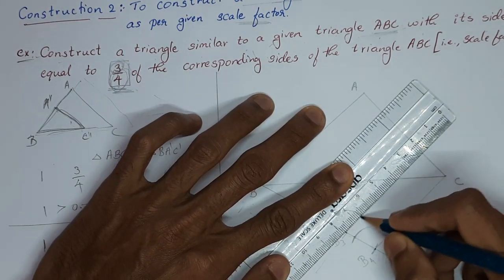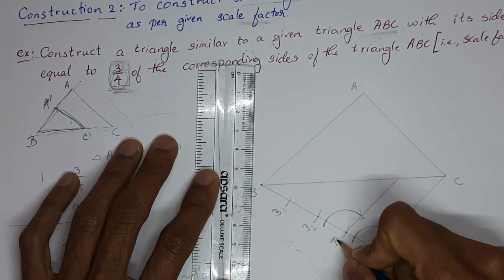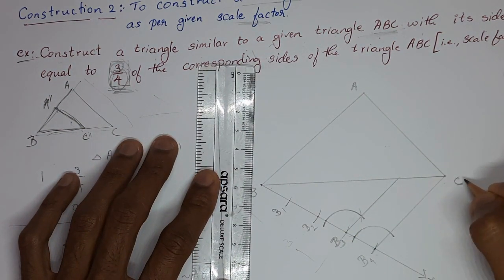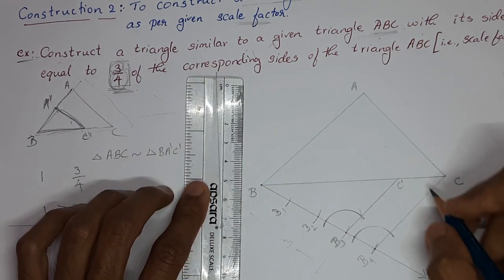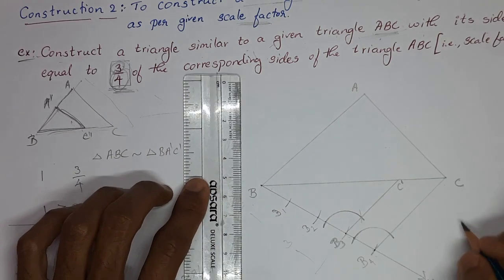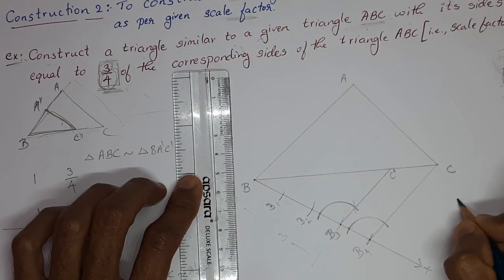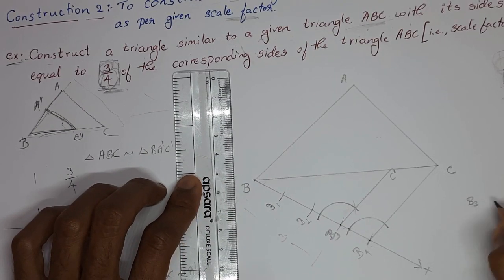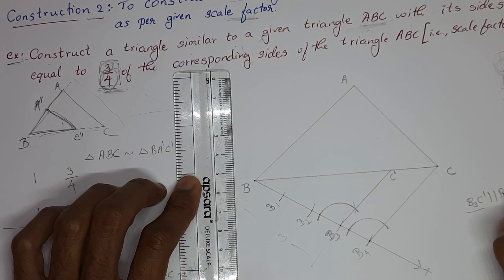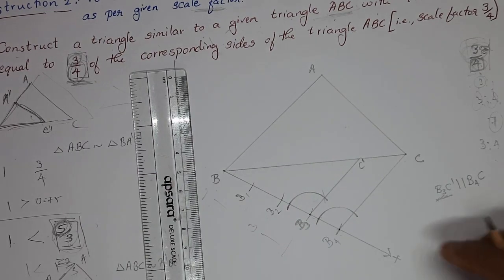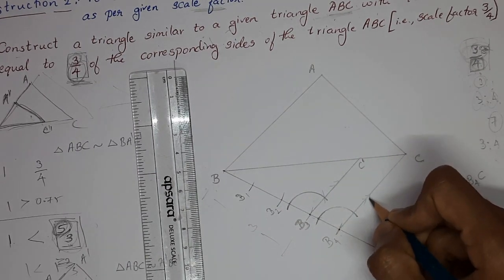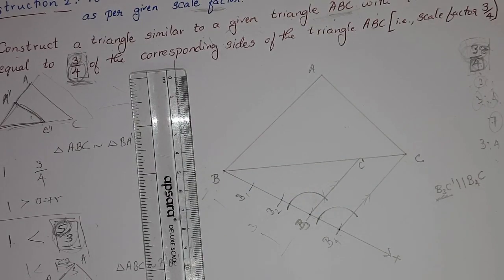Now you can see the new line you have drawn, from B3 to here, where we had C. So here I will take this as C dash. What I have taken is C dash. C dash and B3, I can write it down here: B3 to C dash is parallel to B4 to C. So B3 to C dash is parallel to B4 C, which means these two lines are parallel to one another. That we have finished. So half the part is finished.